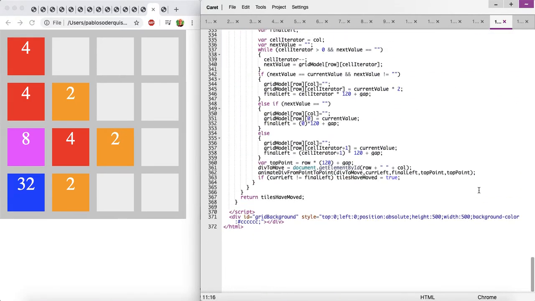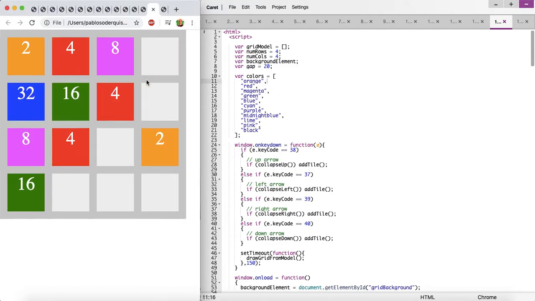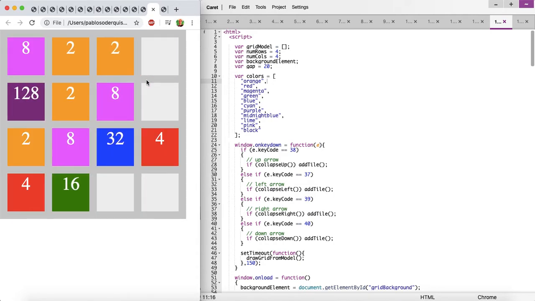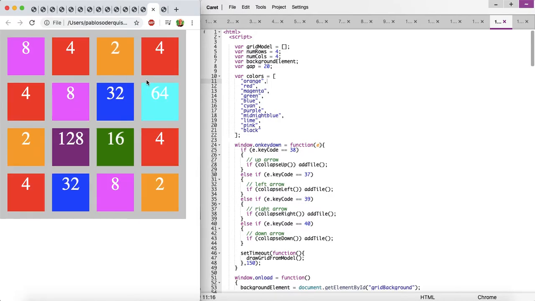Yep. So the last step is we wanted to make it so that when I run out of space, because if you notice while I'm still here on step 14, when I run out of space here, as soon as I've pressed enough buttons, eventually there shouldn't be any space for me to move. So it should be game over. For some reason it's still okay, there we go. So I'm not able to move anywhere now, and it should tell me that the game is over. But we don't have anything checking to see if the game should be over. So each time I move or collapse something, I want it to check whether it's actually able to add a